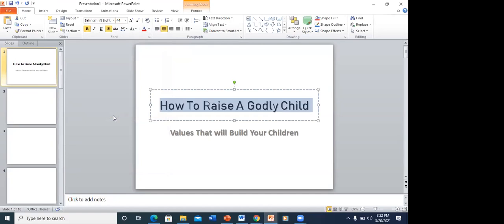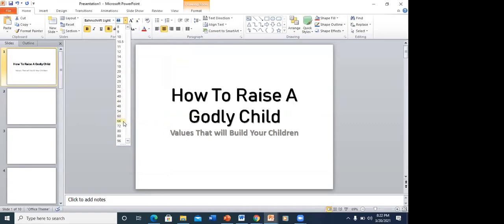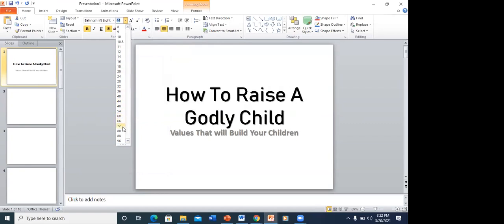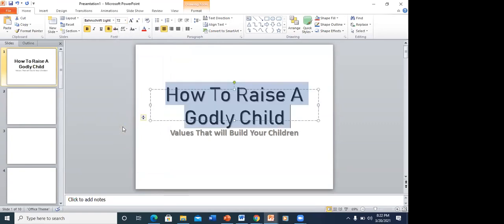It makes it look nice. So I've done that. And I want to increase the size. I want the size to be a little bigger. So I go to where you have number 44, and that's the font size already. Font size is 44. I like to make it maybe a little bigger, maybe 72. And there you go. I've done that now.